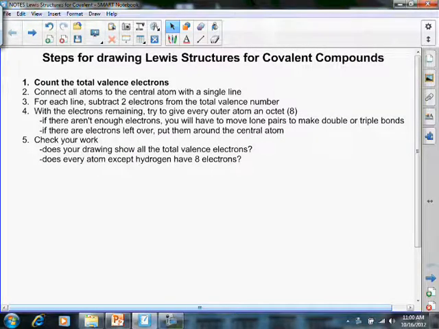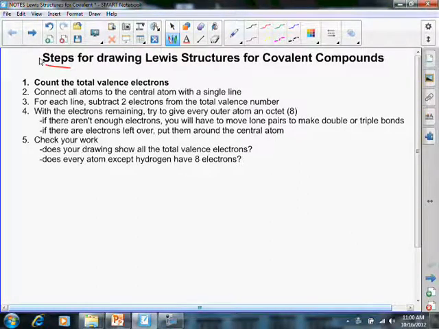Okay, let's do some examples of drawing Lewis structures for covalent compounds. I've listed the rules up here and steps for drawing them, basically condensed into 5 steps. And the first one that you have to do is count the total valence electrons in the compound. All right, so the first example that we're going to start off with is a compound